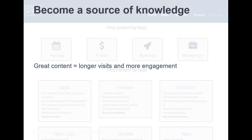Become a source of knowledge. This has a number of different benefits. If you've got great content, people are actually going to sit there and look at your website, flick through different articles. I spend quite a lot of time monitoring the results of the web pages, and through Google Analytics, I was surprised to see, as soon as this page was set up,